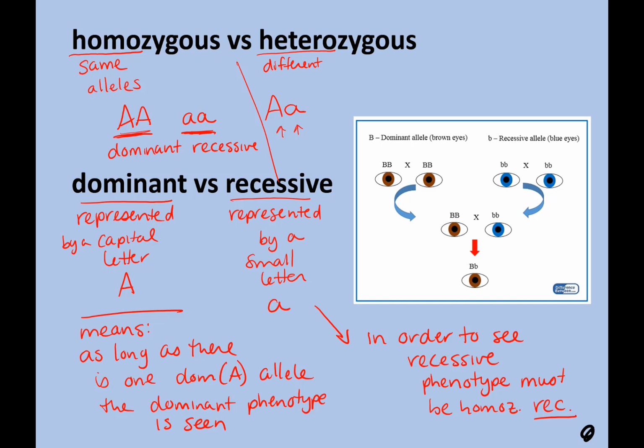So that's illustrated in this picture right here. In this picture, and honestly this is not the way eye color is inherited, but we're going to pretend that brown eyes are dominant to blue eyes. Okay? So if you have someone who's homozygous dominant, and they mate with someone who is homozygous recessive,